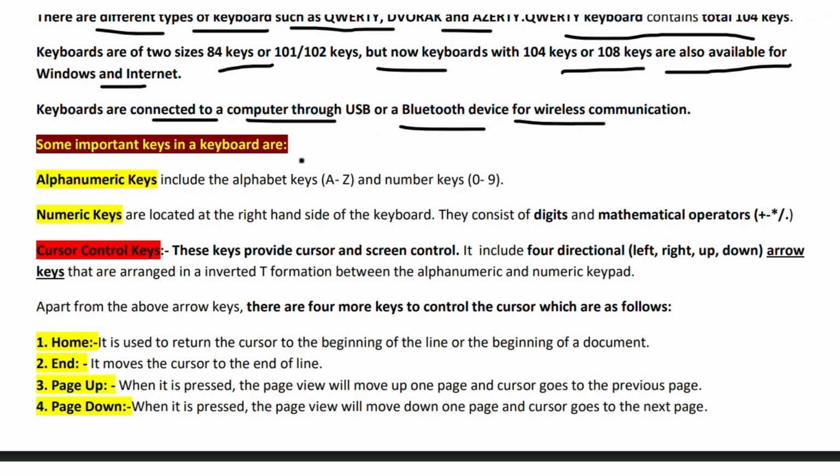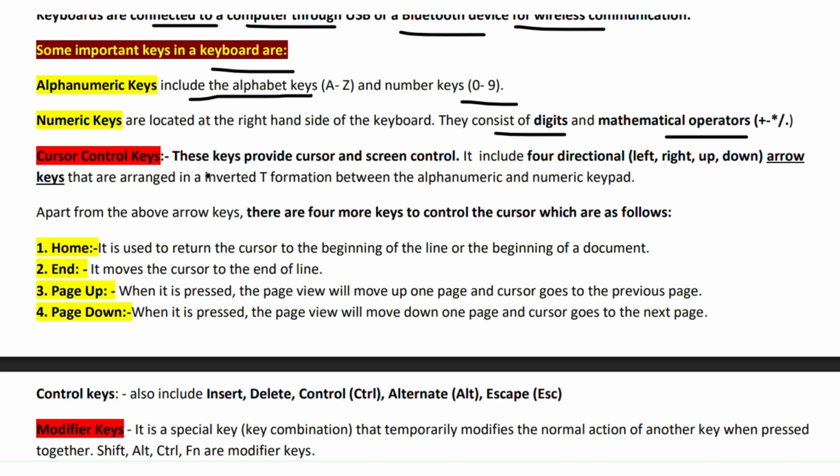ठीक है, some important keys in a keyboard, important keys क्या आता है? अल्फा न्यूमेरिक कीज होते हैं, इंक्लूड द अल्फाबेटिकल कीज, A से Z तक अल्फाबेटिकल कीज होते हैं एंड नंबर्स होते हैं 0 से 9 तक। न्यूमेरिक कीज आर लोकेटेड एट द राइट साइड ऑफ द कीबोर्ड। जो न्यूमेरिक की होते हैं वो राइट साइड में रहते हैं और टॉप में भी रहते हैं। ठीक है, दे कंसिस्ट ऑफ डिजिट्स एंड मैथमेटिकल ऑपरेशन प्लस माइनस स्टार। जो टॉप वाला रहता है ना उसमें मैथमेटिकल ऑपरेटर भी, जैसे कि एस्ट्रिक रहते हैं उसमें, फिर उसके बाद प्लस माइनस ऐसे।